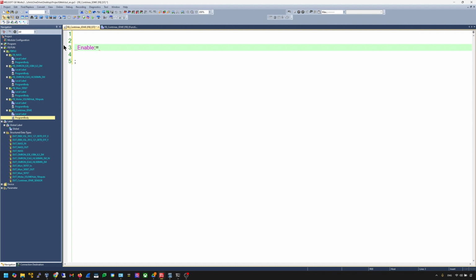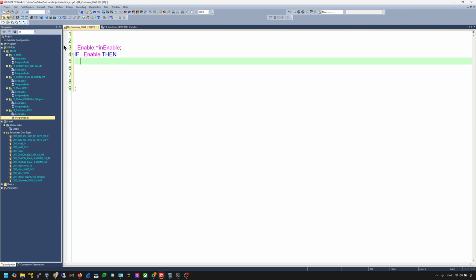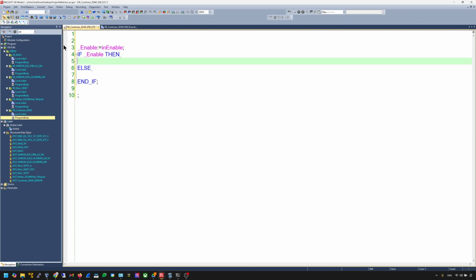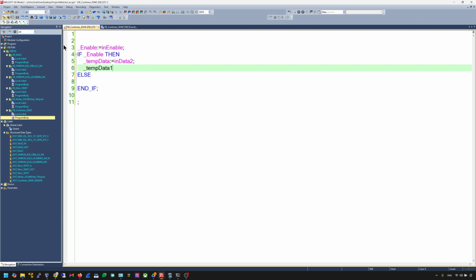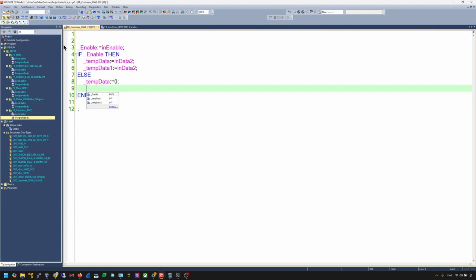Enable is equal to in enable, and then if enable, then plus end here, and then plus else in here. Temp data is equal to in data 2, and then temp data 1 is equal to in data 1, and else just put temp data and temp data 1 is 0. Okay,